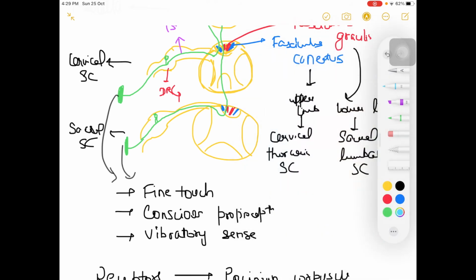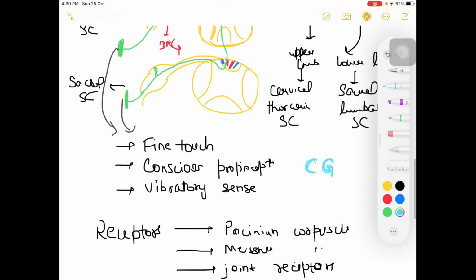So like this gracilis and cuneatus. First remember CG. In ABCD alphabet, C comes first and G comes after, so CG. Okay. Now imagine if you are a person. Where will your upper limbs be? There. Where will the lower limbs be? So which is in between? That is, which is more medial? Your lower limbs. Which is more lateral? Your upper limbs. So if this is the pattern,